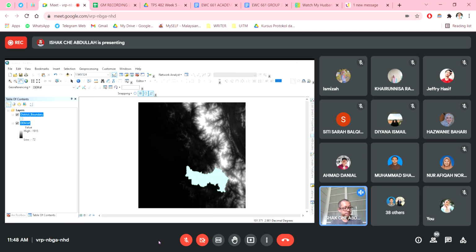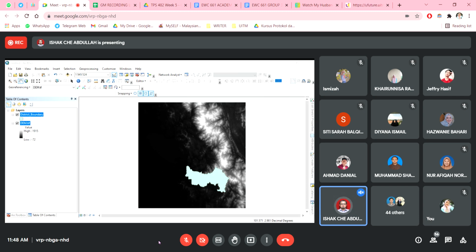So basically today's session kita akan lihat how can we perform terrain analysis using GIS, and sebelum tu we need to understand that terrain analysis is something yang